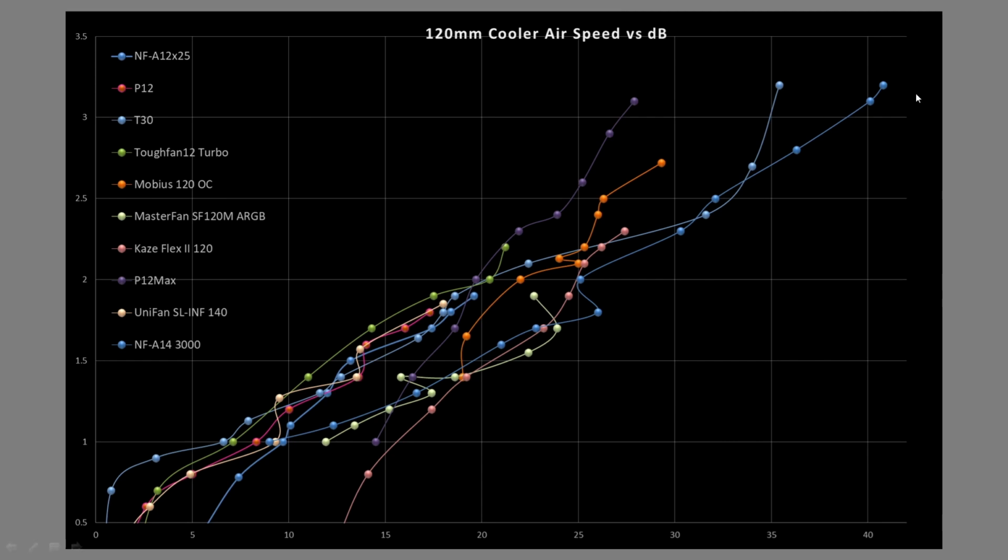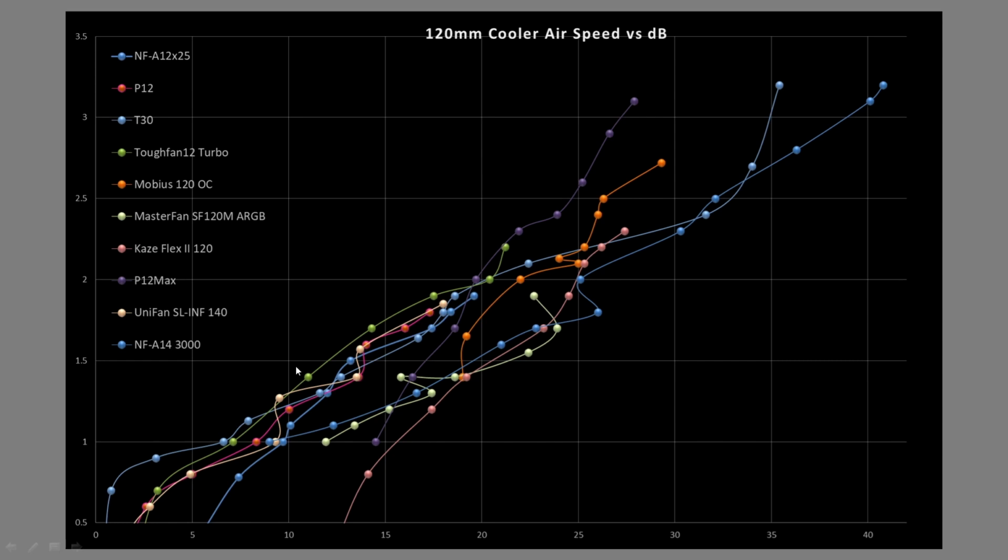Ones that I think you should avoid a little bit are actually like the T30. It is just so noisy for how little performance you're getting. Mind, it does push a lot of air, but you need its RPMs way up there for it to be really functional. Sorry, I was highlighting the A14 here, which is actually also really noisy for how much performance you're getting. The T30 is